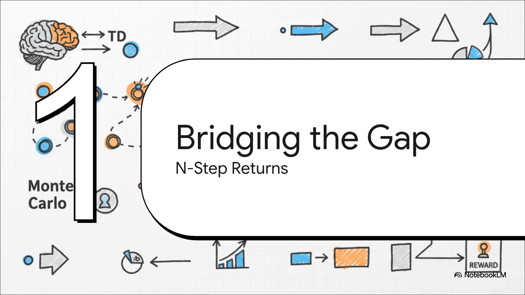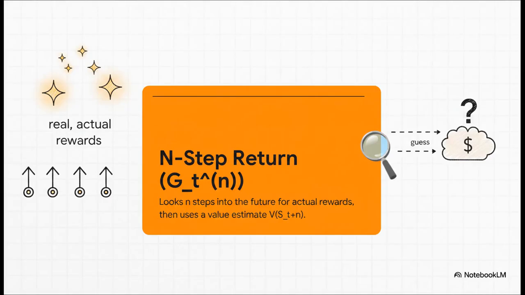Well, the most intuitive first step is to just find a middle ground, right? Instead of updating after one step or waiting for the entire episode, what if we just wait for a few steps? And that, right there, is the whole idea behind n-step returns. And the idea is actually beautifully simple. Instead of taking just one real reward and then immediately guessing, like in standard TD, we say, hold on, let's collect n steps of real, actual rewards. And then only after we have that chunk of real information do we make our guess, our bootstrap, about the value of the state we ended up in.